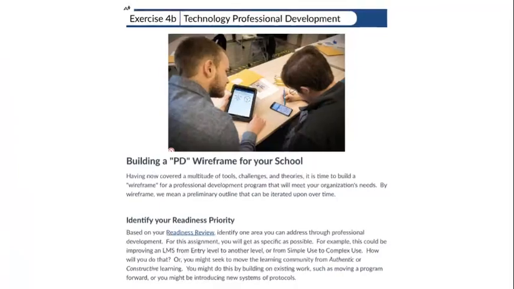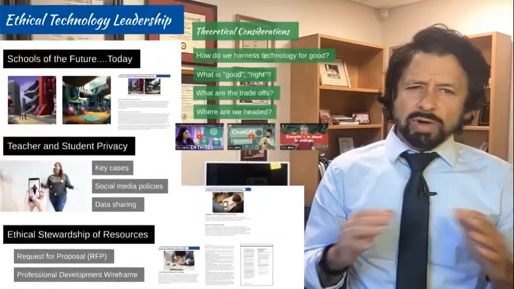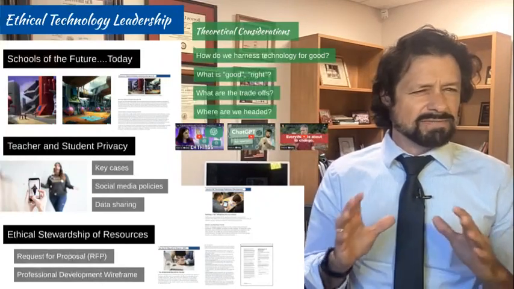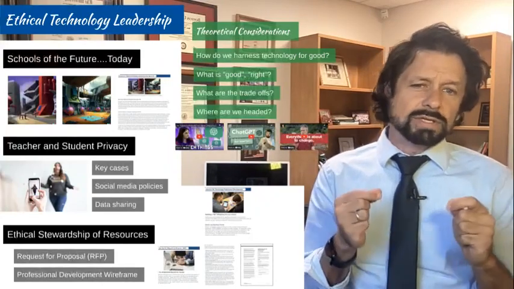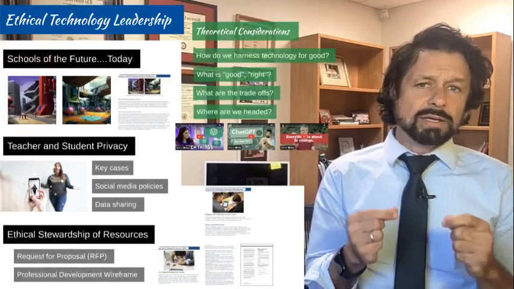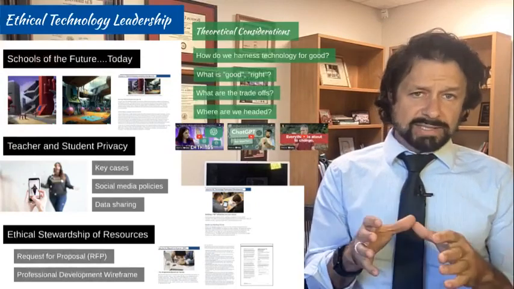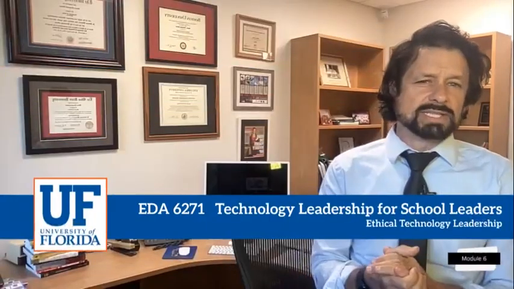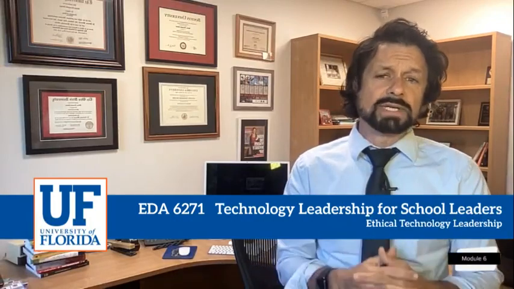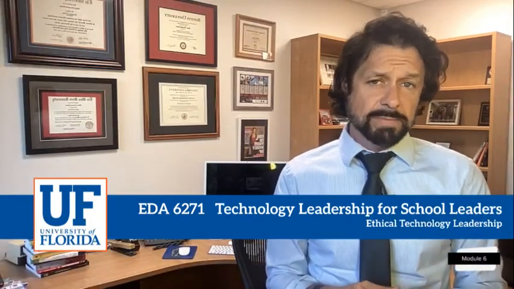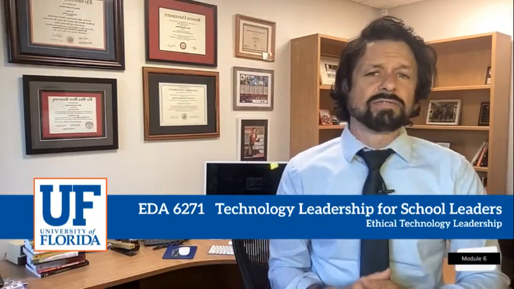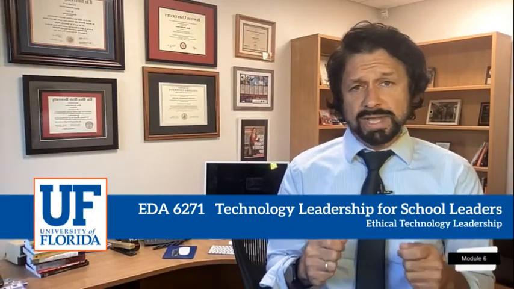And by wireframe, what we really mean here is you don't have to do the whole PD. It doesn't need to have all the details, because this is very iterative stuff. I want you to use this work in your practice. So just produce a wireframe. You can see the examples of how we do that. That is going to set you up for your PD that you're going to do when the time comes. I don't want you to do a simulation just for me. I want you to set yourself up to do a real PD when that time comes.